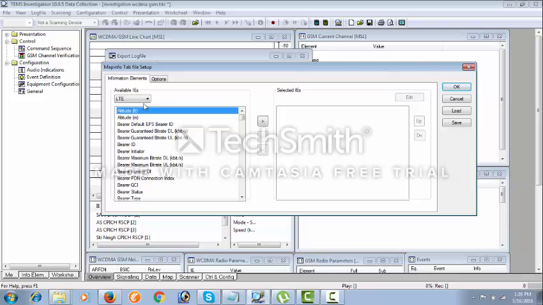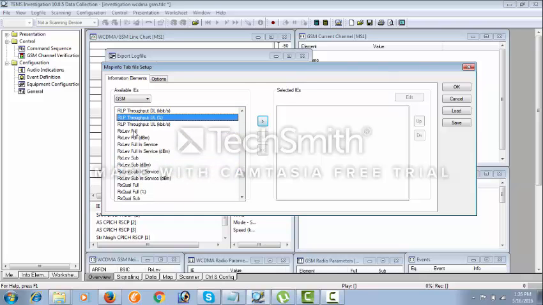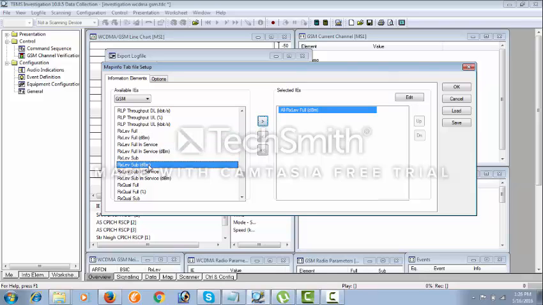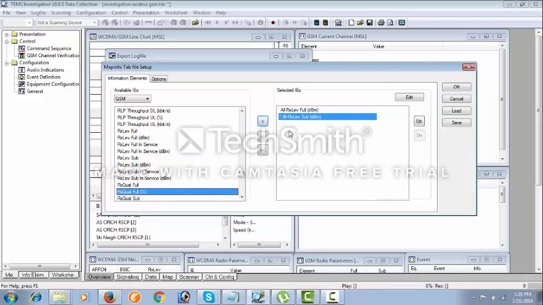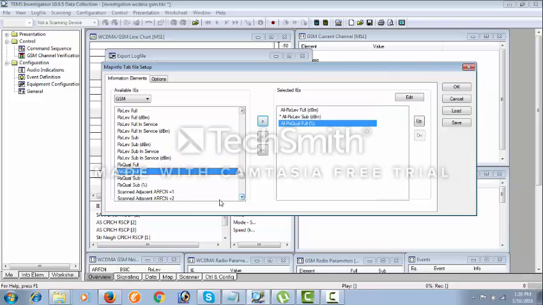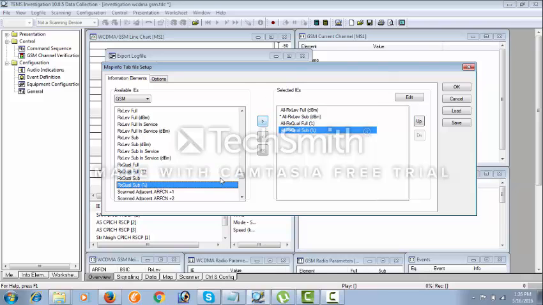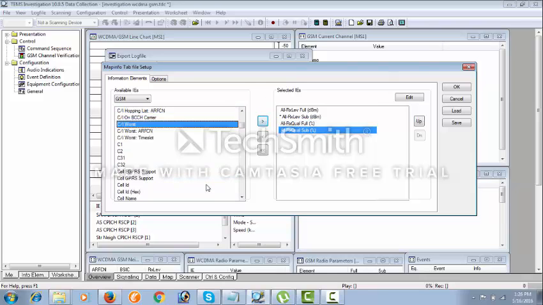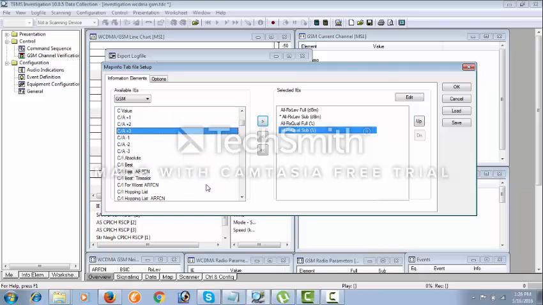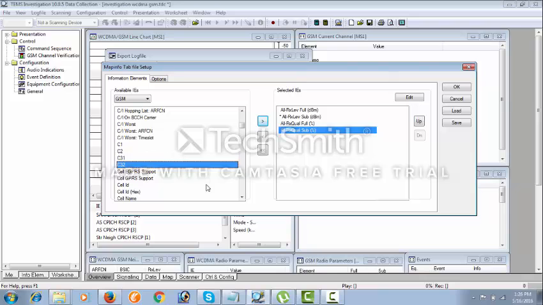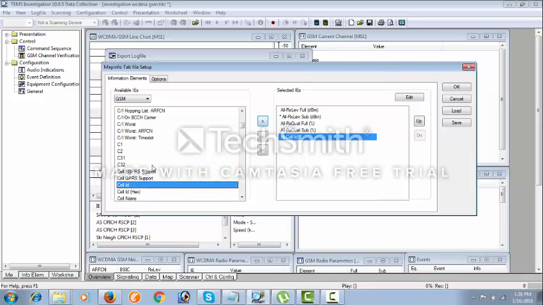Where we have the parameters here, first we need to select GSM. Once you select GSM, the particular parameters will be given by the company when you're working on it. Select a particular parameter for making it. So we'll take here RX level full in dBm, RX level sub in dBm, RX quality full, RX quality sub. Now we need cell identity, right? We have the cell identity here. We need the timing advance,